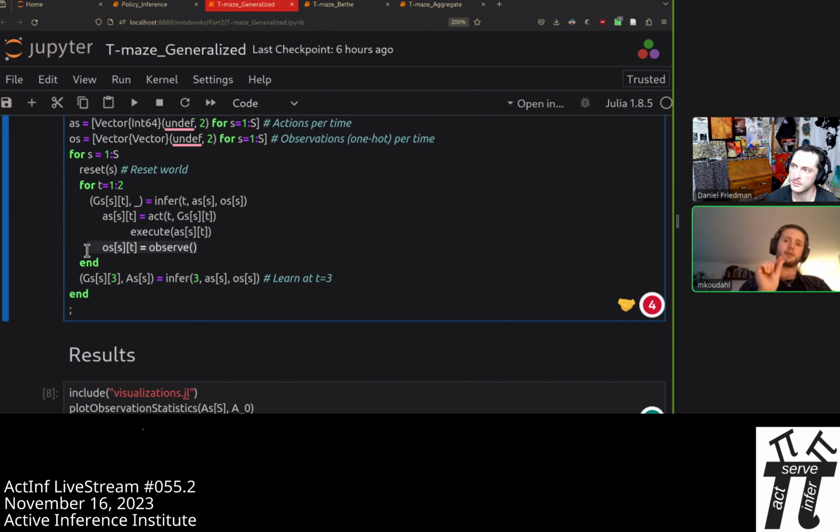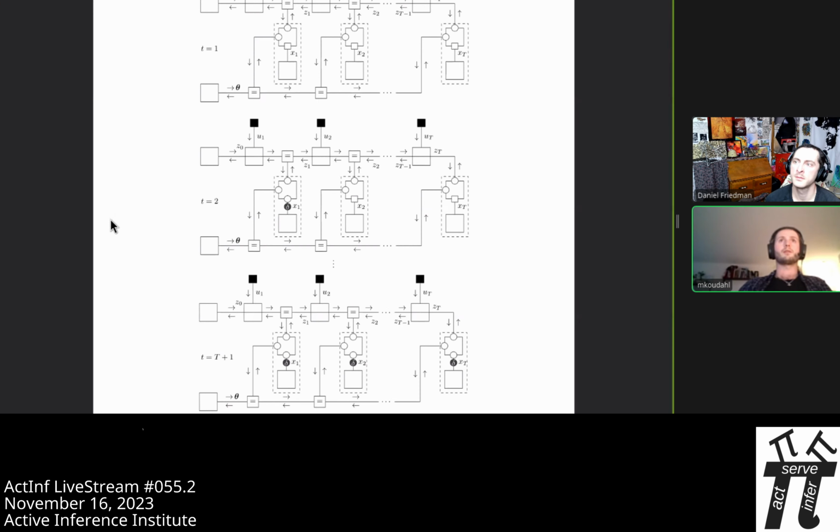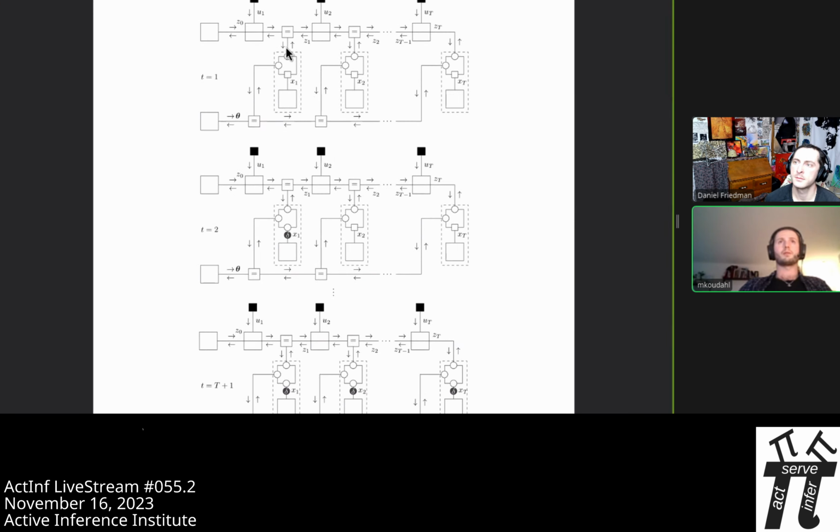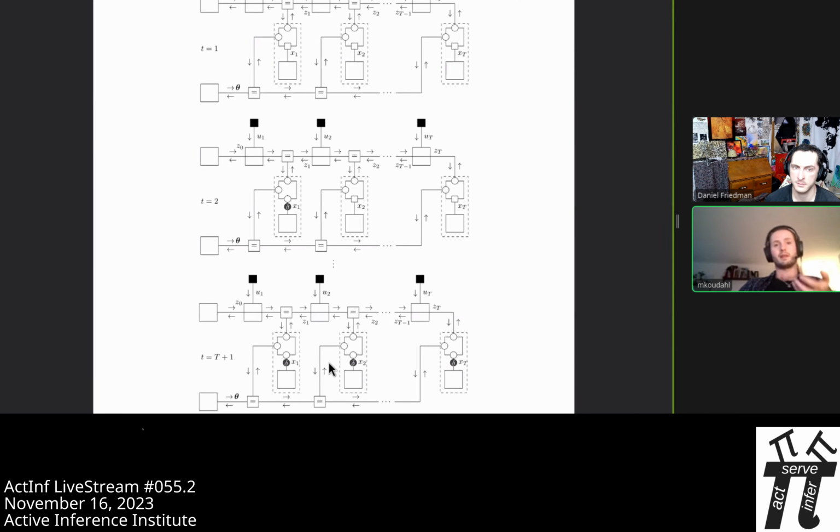And getting an observation does this clamping operation that we talked about. So this is literally the thing that's shown here. T equals 0, T equals 1, T equals 2, and in this case, T equals 3, because that's how many steps are in the T-maze environment.